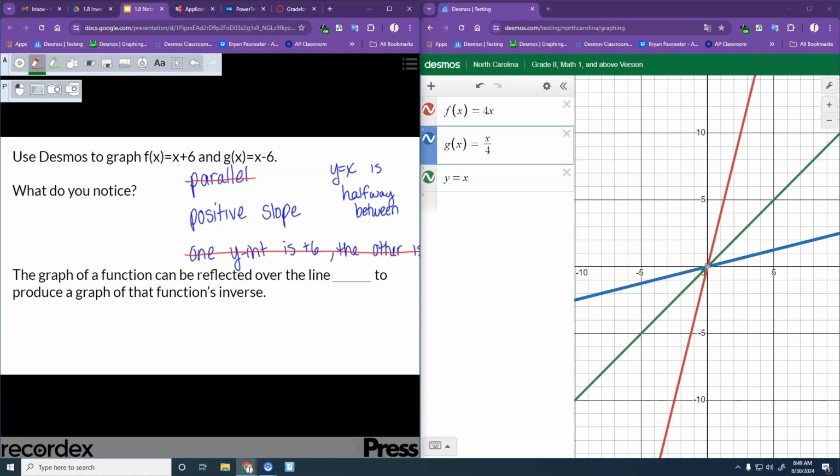Is y = x halfway between? The y = x is that green line. It's like kind of, right? Not in the same way as we were talking about before. But it does sort of go through the middle of this, right? So that might be significant. Okay, let's try. What about if I do